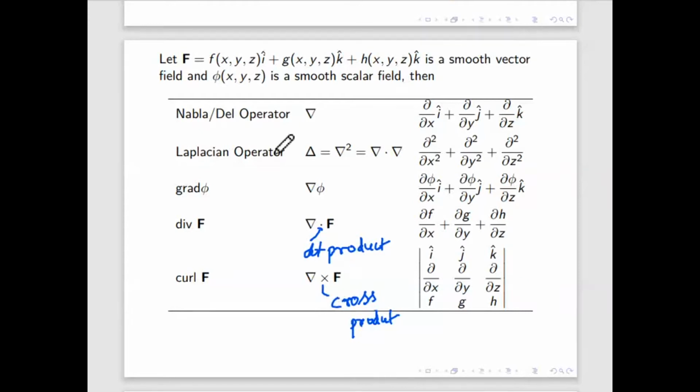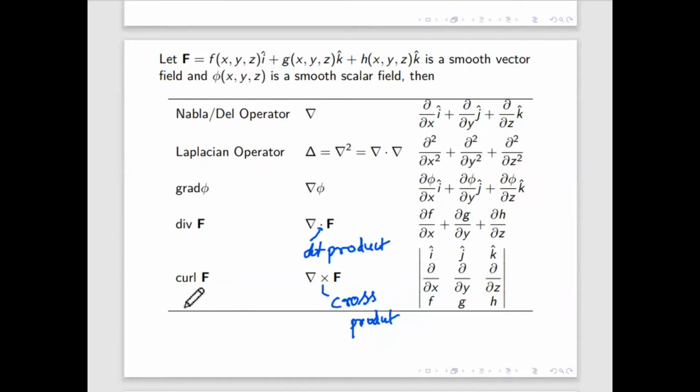Now the cross product of a vector field. The vector has components f, g, h. Then you know how to find the cross product with i cap, j cap and k cap. This del has components del by del x, del by del y and del by del z, and f has 3 components f, g and h. This determinant will give the cross product of del with f, and that is nothing but the curl of f. So this is the definition of gradient, divergence and curl.